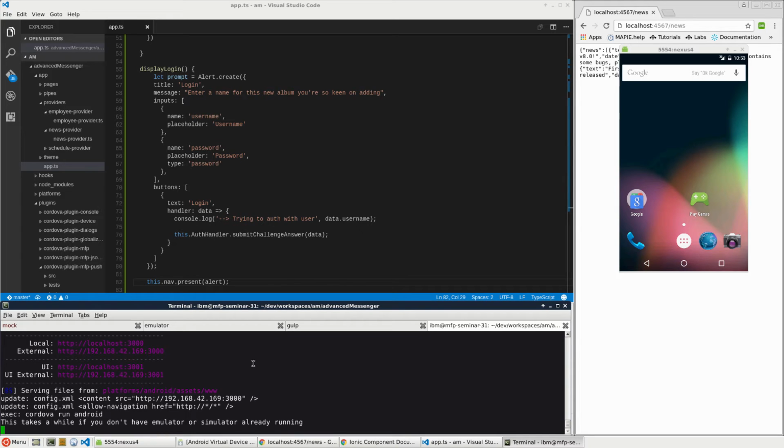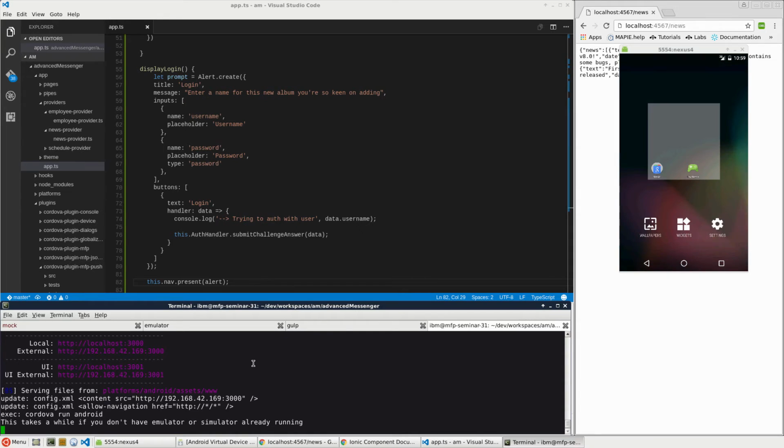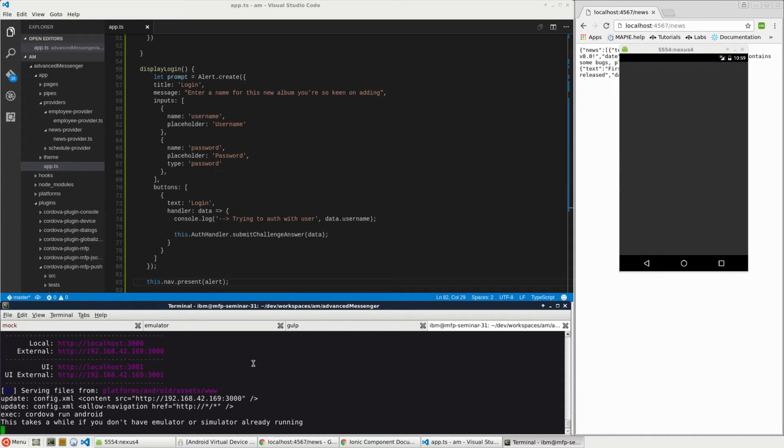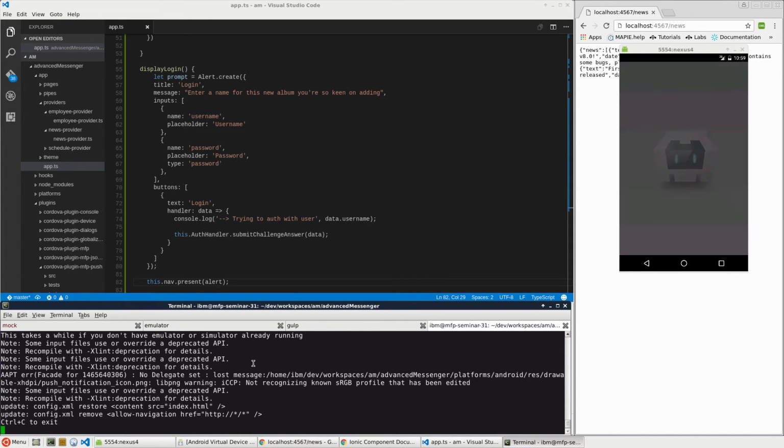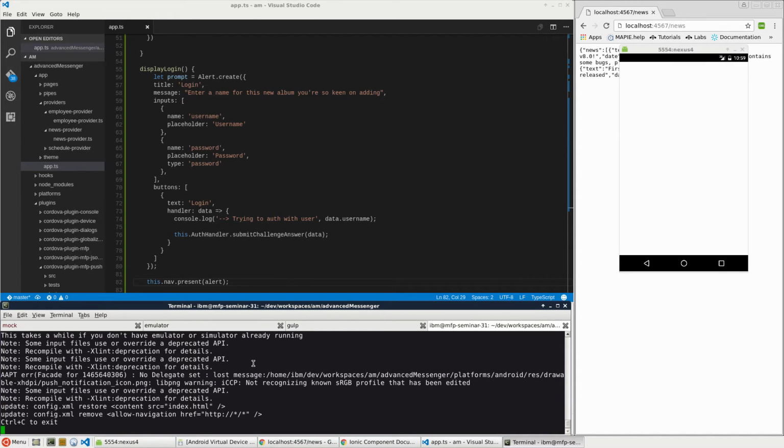That will be a normal timing, but of course it really depends on the speed of your PC. So let's wait until this process finishes. Okay,